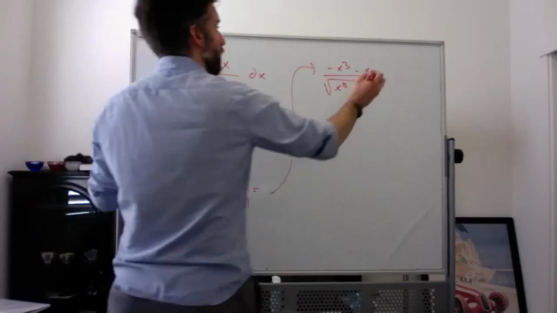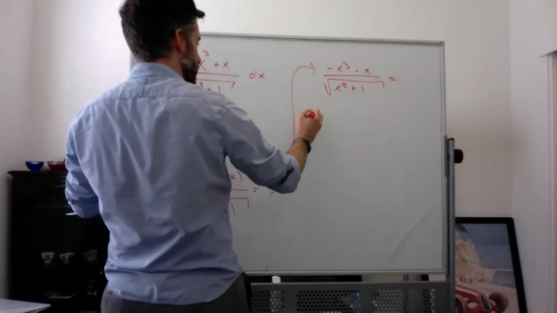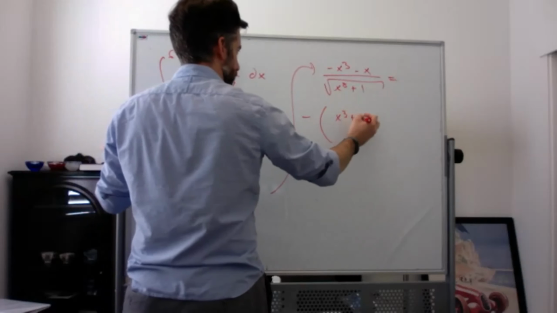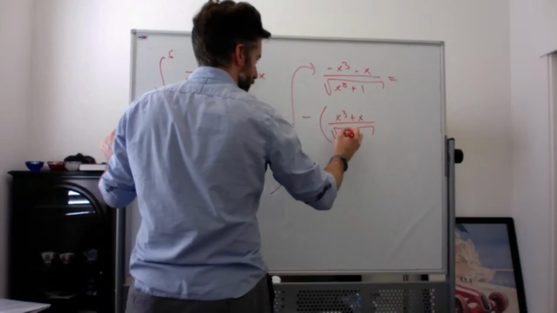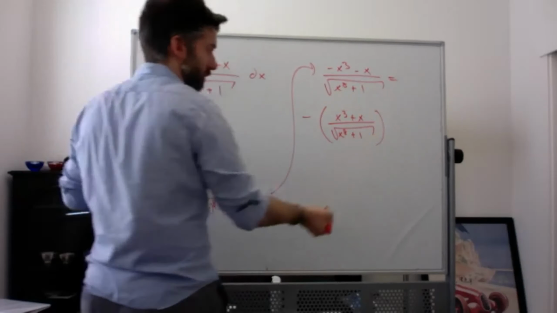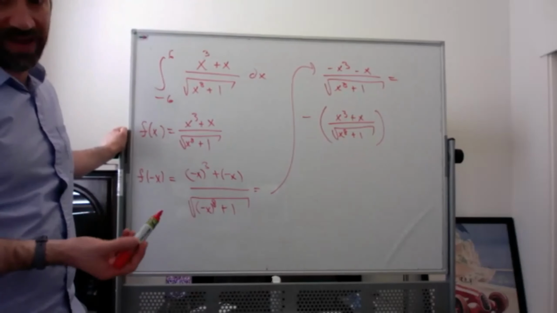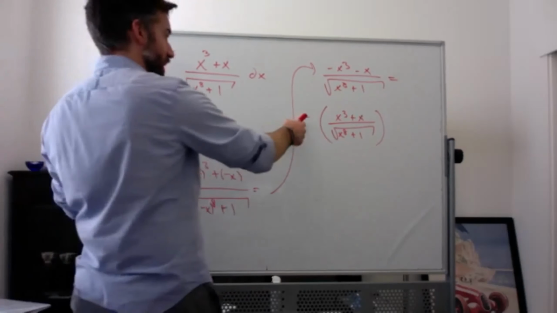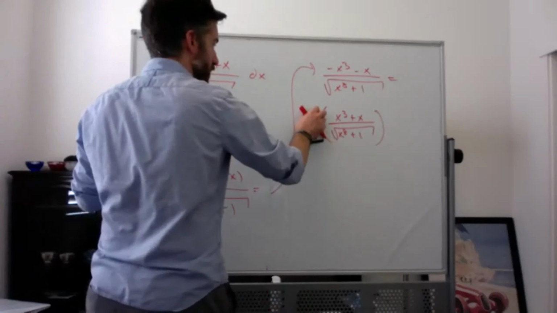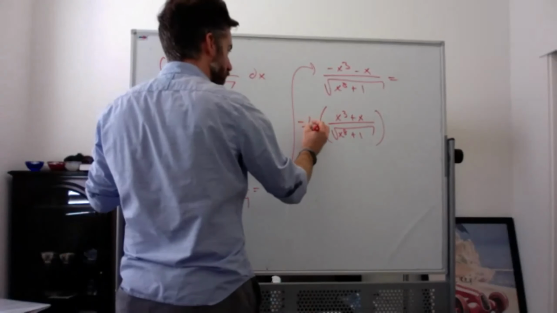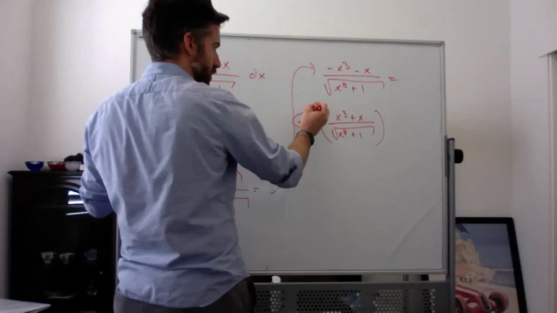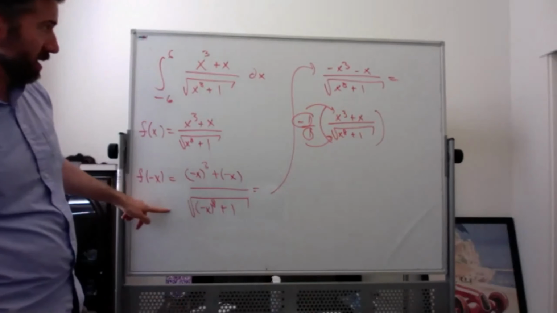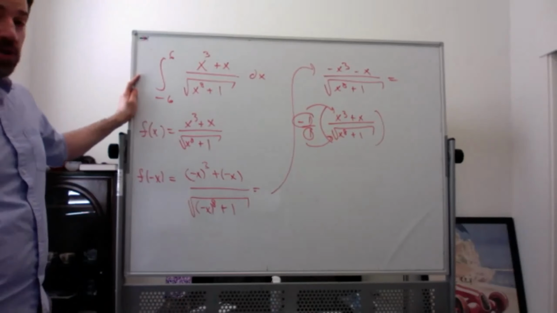And I notice, hey, look, this is equal to the negative of this. Because when you have a negative of a fraction, you only distribute the negative to either the top or the bottom, but not both. Because really, this negative here is -1, which is -1/1. So the -1 multiplies the top, the +1 multiplies the bottom. And that's exactly the same as this. Since this is an odd function,